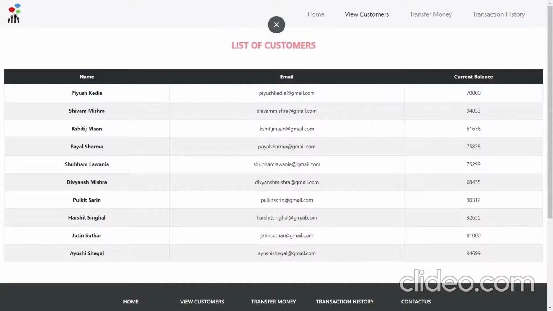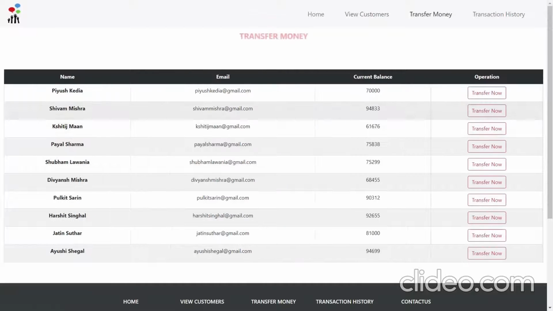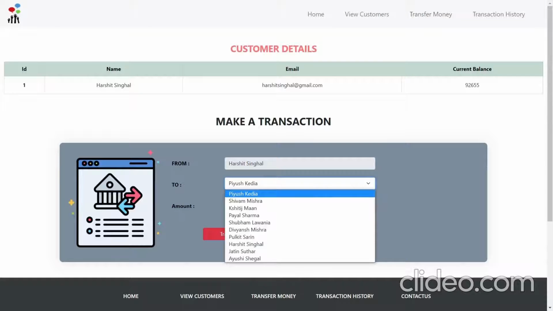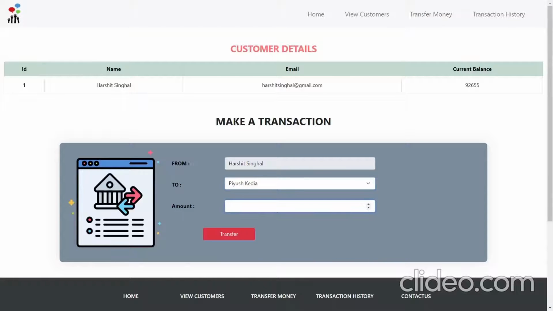So guys, this is the whole working of my website, and there is another case. If I transfer money to Piyush Kedia, like I've transferred only 50 rupees, then it says that the value must be greater than 100. If you want to transfer the money from one account to another, the amount must be greater than 100.